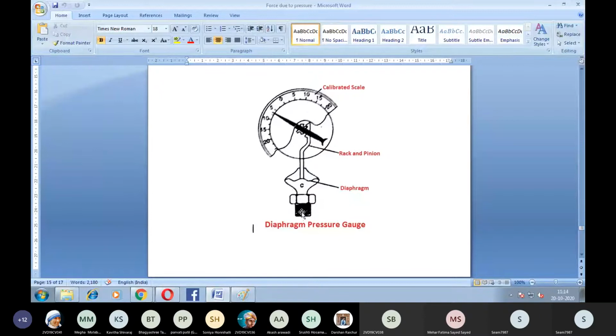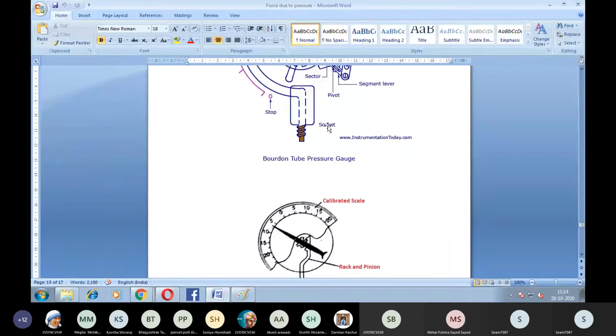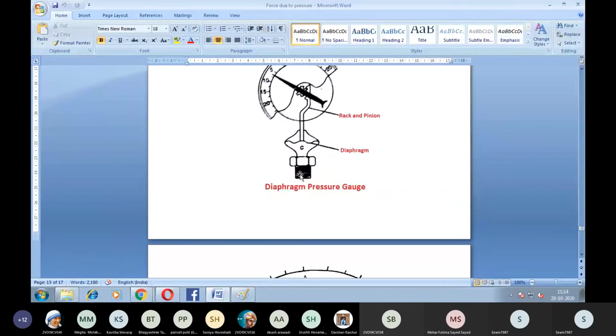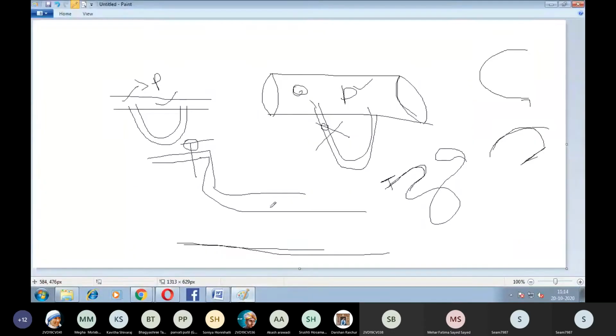A socket is provided like this. I'm going to draw the diagram. This is the socket through which the liquid is made to pass.